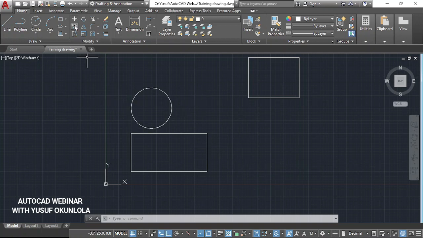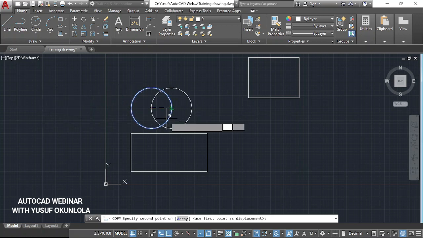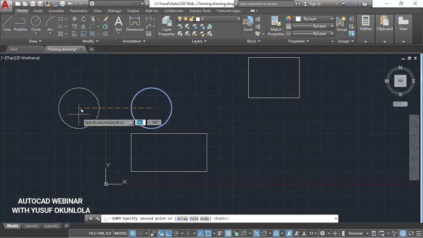Just come over here, or you type copy on the command line interface, and I click copy and select the object. I press enter and it's asking me to specify a base point. So I can decide to pick the center point and say okay, I want to go west, or I want to go east. Either way, let me just bring it towards the west, and then you press enter